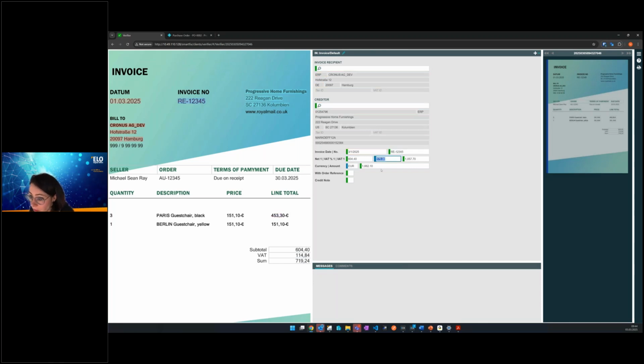And now we have a currency error here, so I will correct him and say this is this amount. And now he should be able to identify the correct